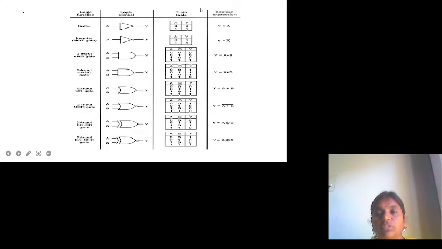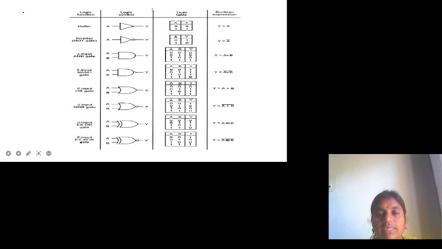Okay, so the truth table, by imposing some Boolean values like binary logic 0 or logic 1 onto the input ports according to the behavior or description of the gate, the y value will be obtained. So here the relation between output and input values by means of truth table and Boolean expressions are represented in the 3rd and 4th column of this chart.